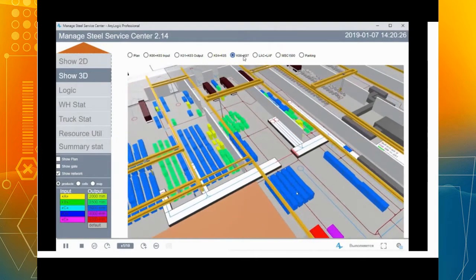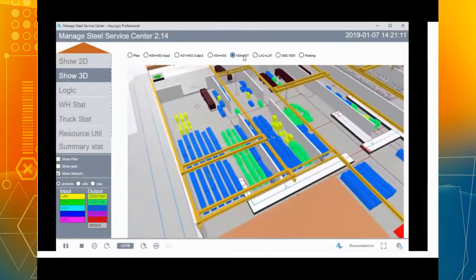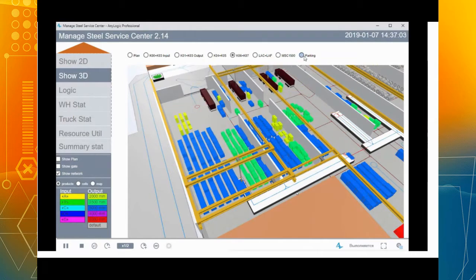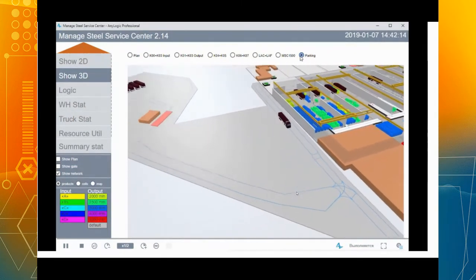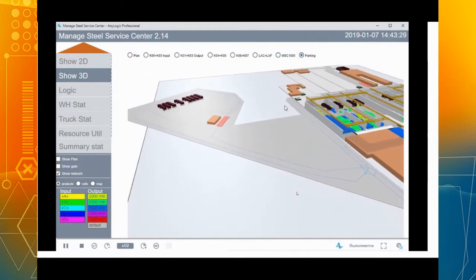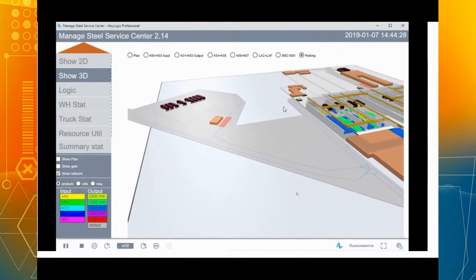We see client trucks that arrive to be loaded, and the customer has a preset of pre-assembly of orders during the night to speed up the truck loading process. The model also covers the external parking, the logic of trucks being weighed before and after entering the site.